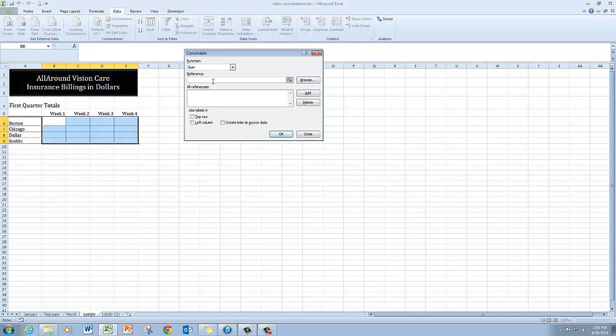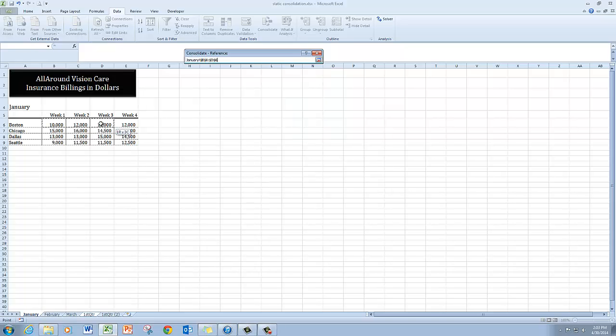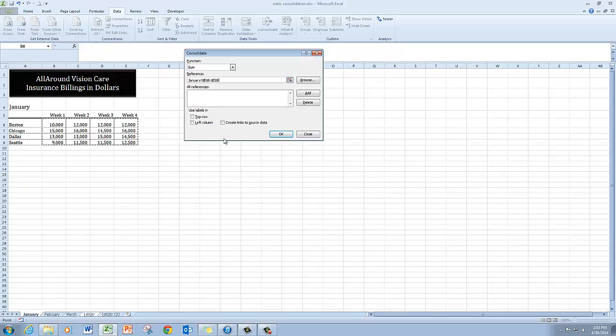And then I'm going to add my references. So I'm going to click in the reference box here. The first group of data that I want to bring into the summary is the information in cells B6 through E9 on the January worksheet. So you can see that I've selected that. Then I click Add,